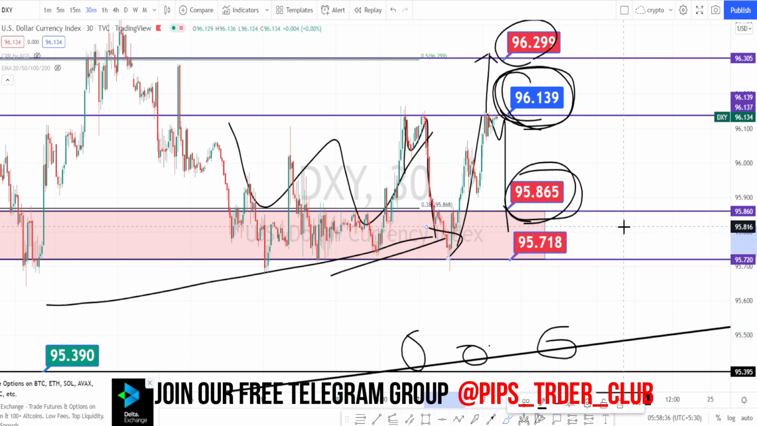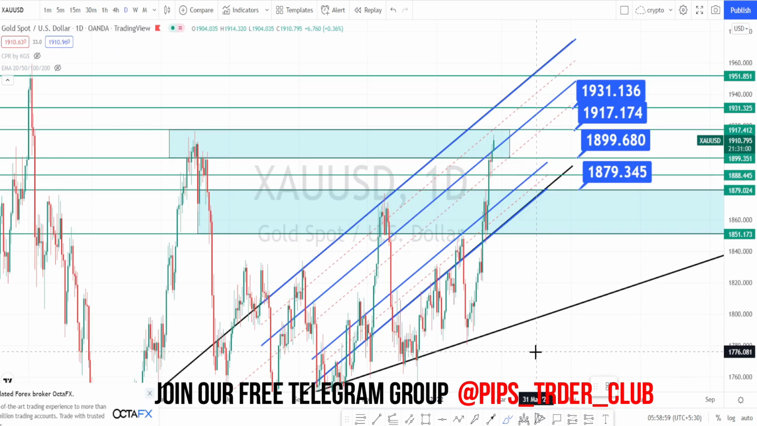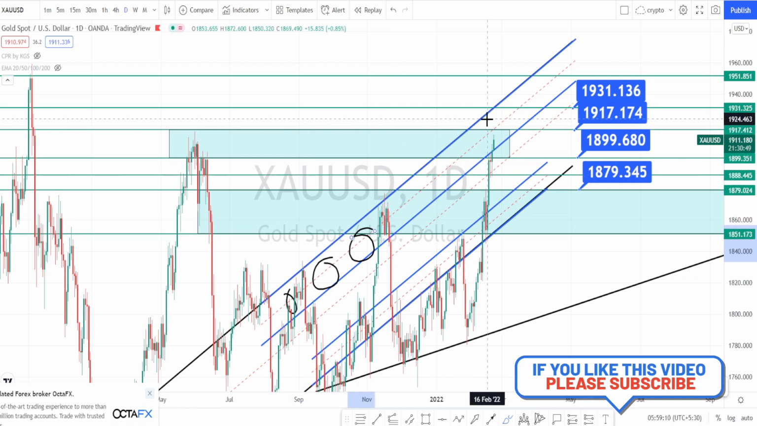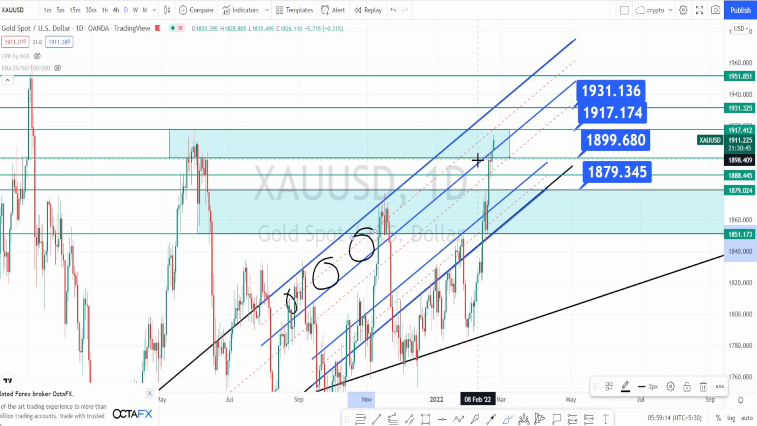Let us start with the gold analysis. I'm in daily time frame in gold. When we look at the price action from daily time frame, this level is acting as a very strong resistance level, and currently when we notice the price action, it has momentarily breached this resistance line, testing this resistance level of 1917. And when we look at the past price action, this level had acted as a very strong resistance,